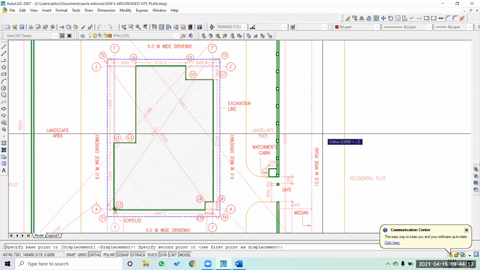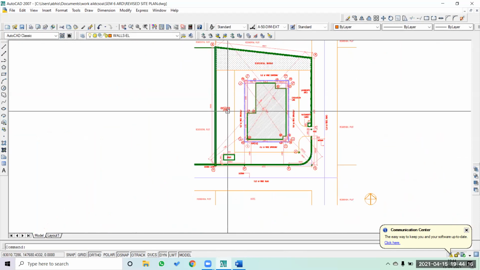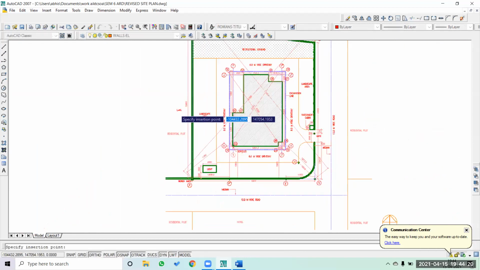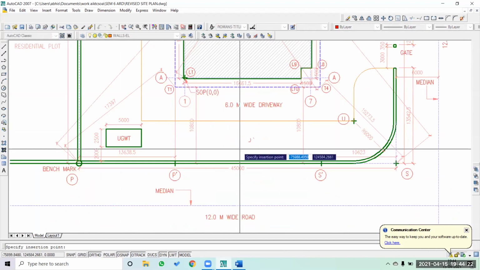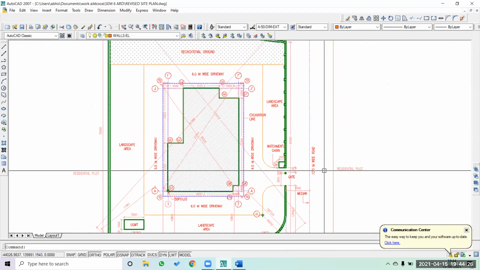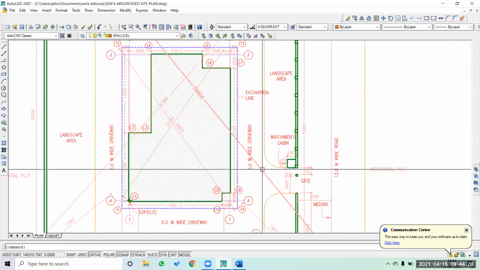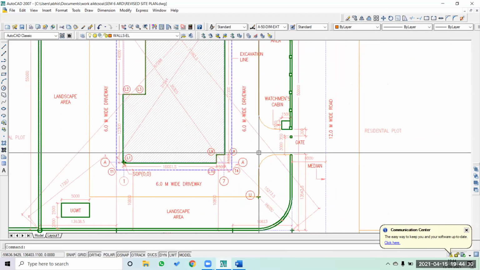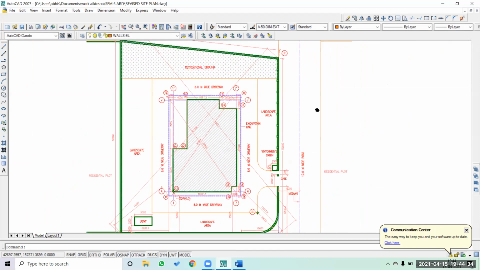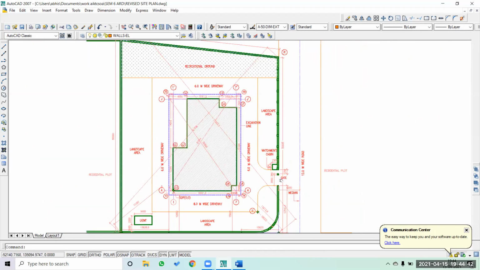This is also going to be a landscape area. You don't have to actually design any landscape area, it's just providing information that it's a landscape area. Okay, so this is how it completes the diagram. Okay, if you want to use a particular hatch to denote this, you can do that.